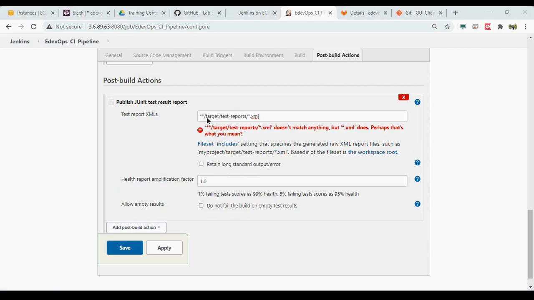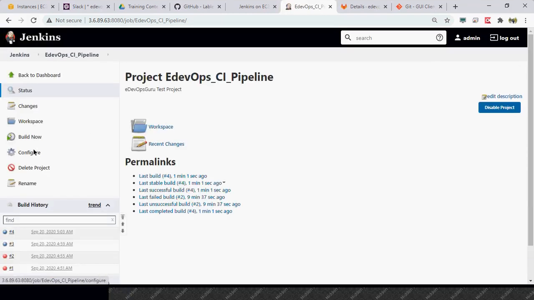Test reports target. Correct. Since in the workspace we have a direct target folder, you can also add it in this way.